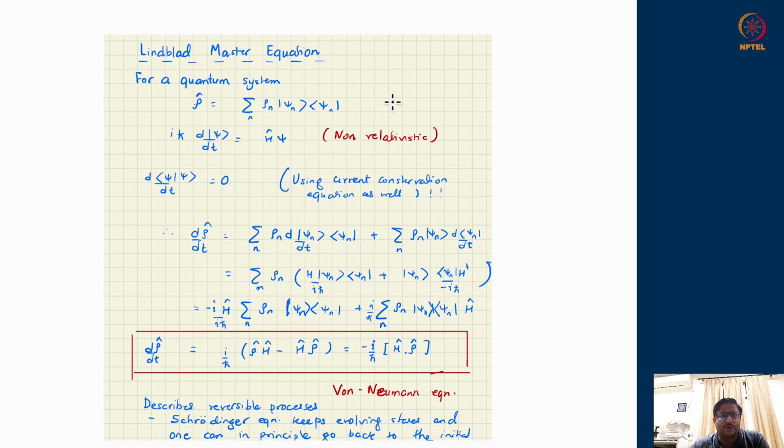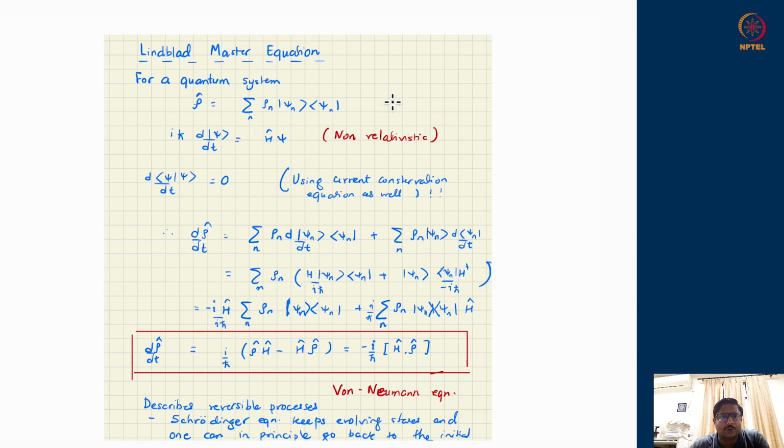Okay, so now that we have learnt about the interaction between atoms and background quantum fields, we can proceed forward to see what kind of effects it generates apart from spontaneous emission, stimulated emission, and absorption. What kind of effects we can expect on the whole collections of atoms. One good way of looking at it would be through the Lindblad master equation, which corrects the von Neumann kind of